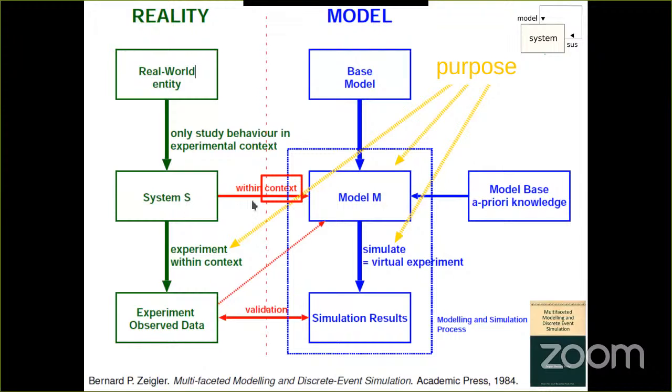The essence is that we have a commuting diagram here, that we have some real world entity, like a car, and in a particular experimental context, we call it a system. We say we only look in this particular context, maybe temperature range, pressure range, and so forth, physical extent range. And in that context, and with a particular purpose in mind, that's also, of course, important, we are going to